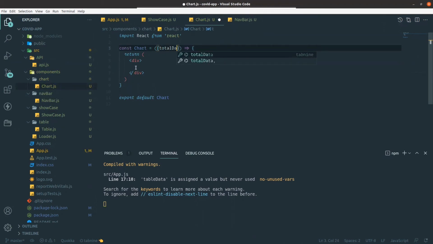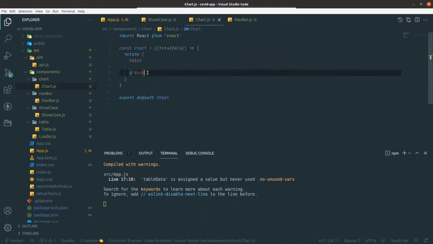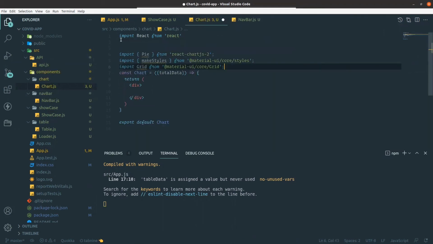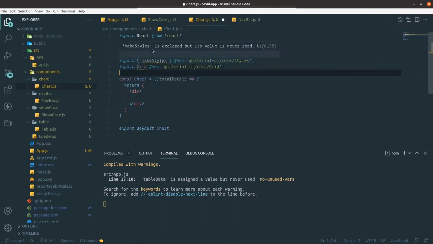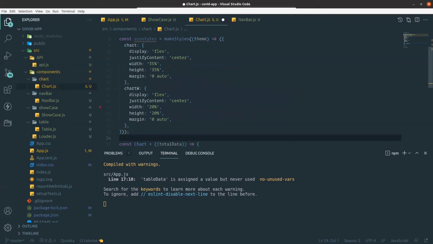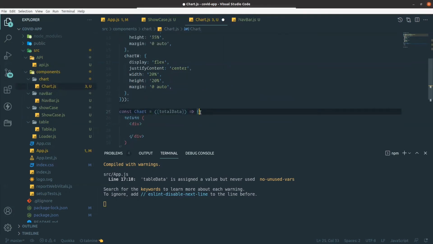So I need to bring the total data in the chart component, and here just copy and paste all the JSX and all the styling and all the important things, like I need that Pie from React ChartJS, I need makeStyles from Material UI core styles, and that Grid also I need from Material UI as a component. Okay, so yeah, it's done.